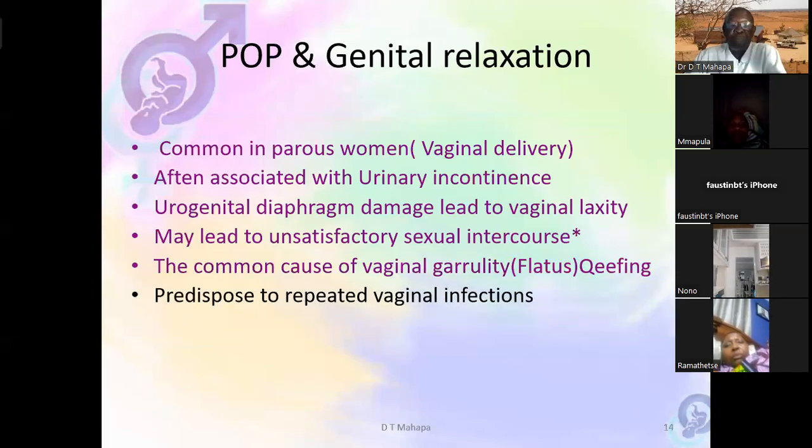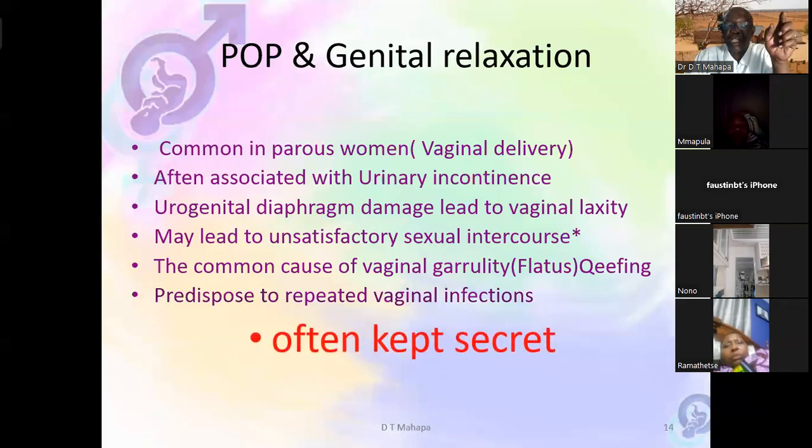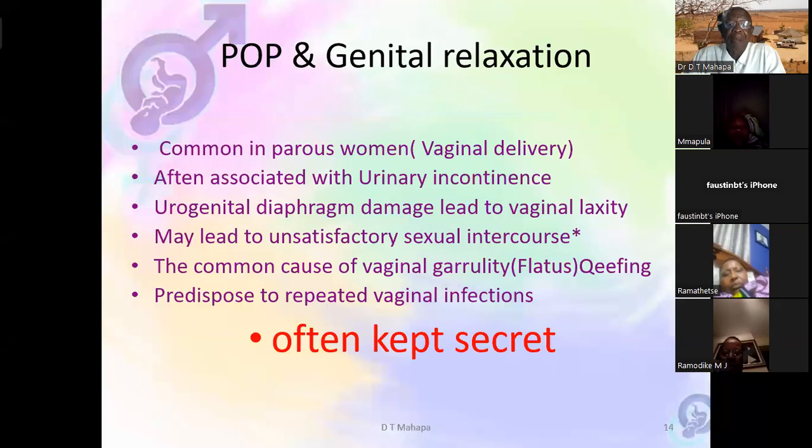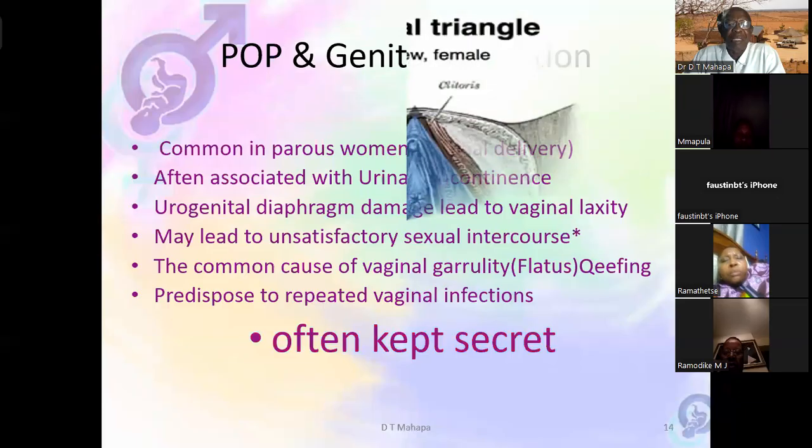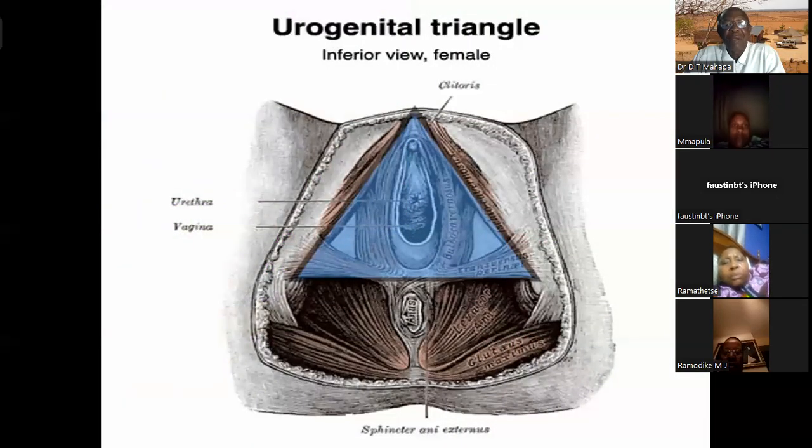And when vaginal laxity occurs, the dilatation is towards the anus. So there's always sweat between the two buttocks, and there's easy entry of sweat from the anus into the vagina. So the woman comes with repeated vaginal infection, being infected from the anus into the vagina. But all these conditions, although they are very important and very troubling to women psychologically, are not talked about. Women keep them secret or they die with them. What you see is urogenital diaphragm damage, which will cause vaginal laxity, which is dilatation of the vaginal orifice.